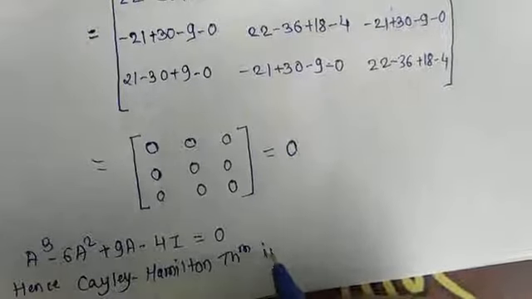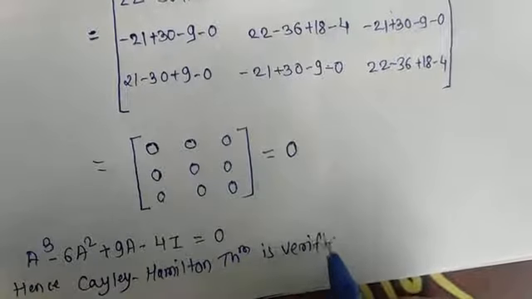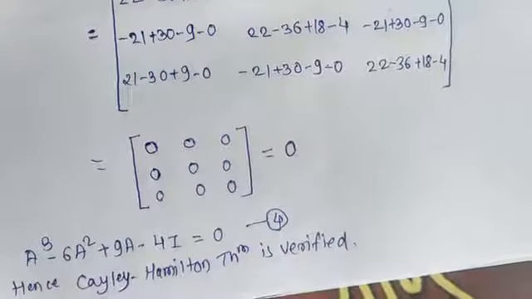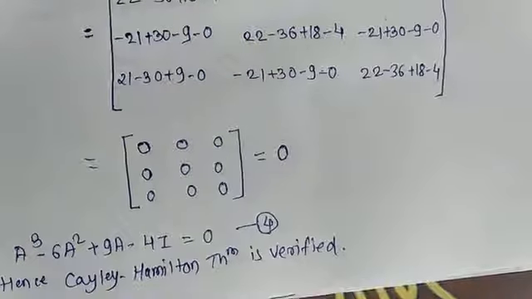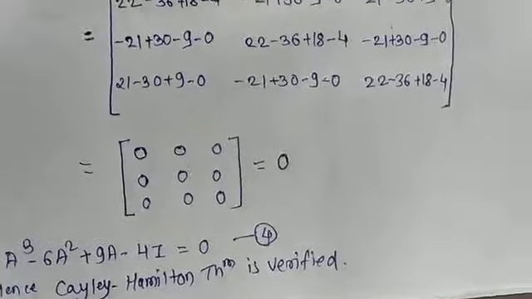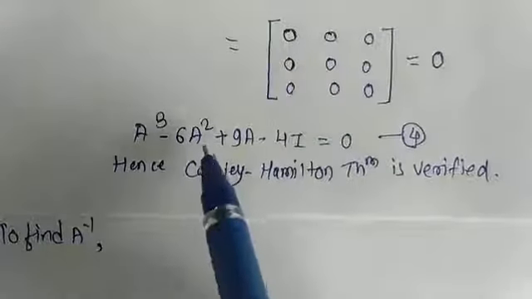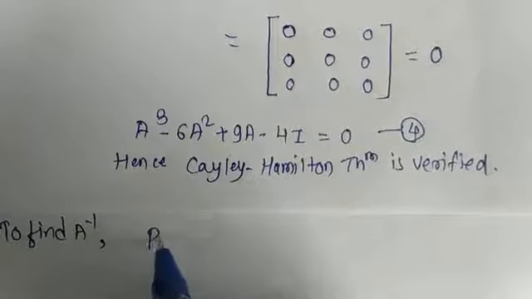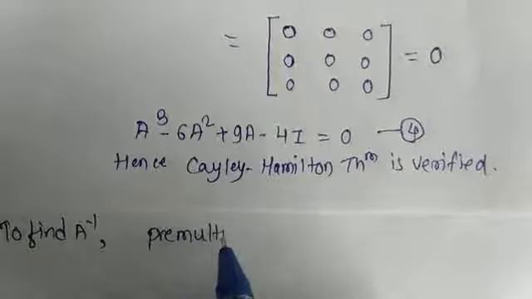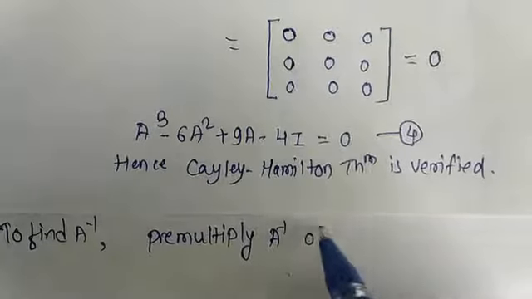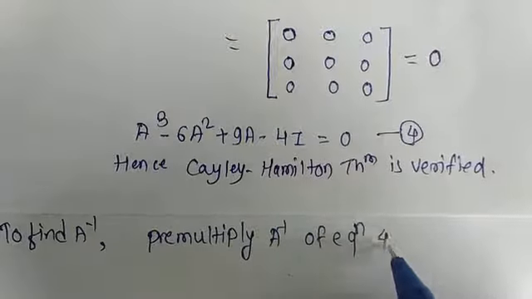Theorem is verified. Write it as equation number 4. Now we have to find A inverse by using Cayley Hamilton theorem. To find A inverse, pre-multiply equation 4 by A inverse. So we get